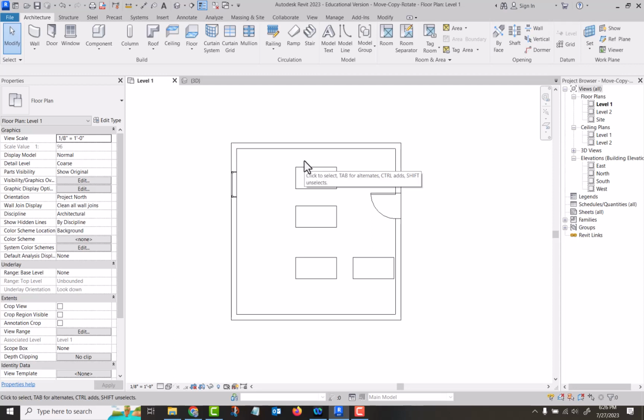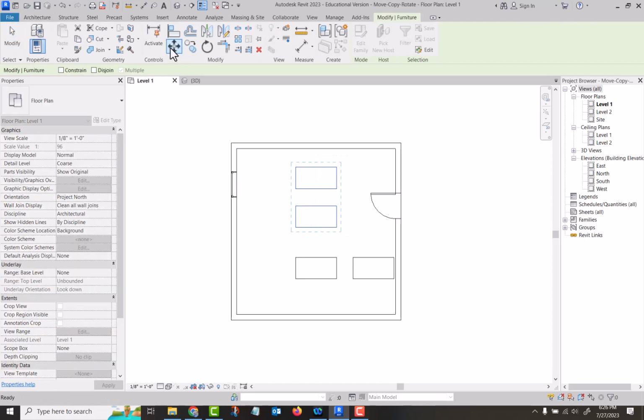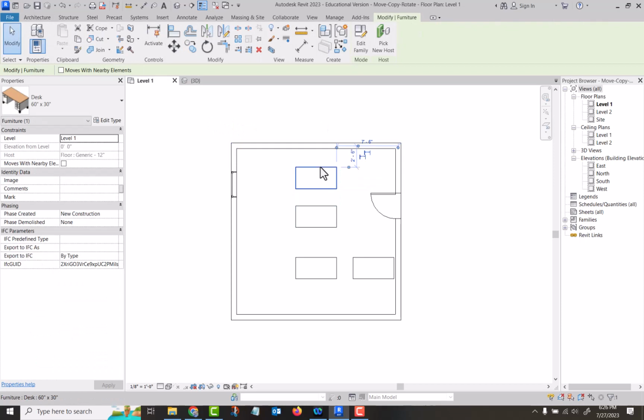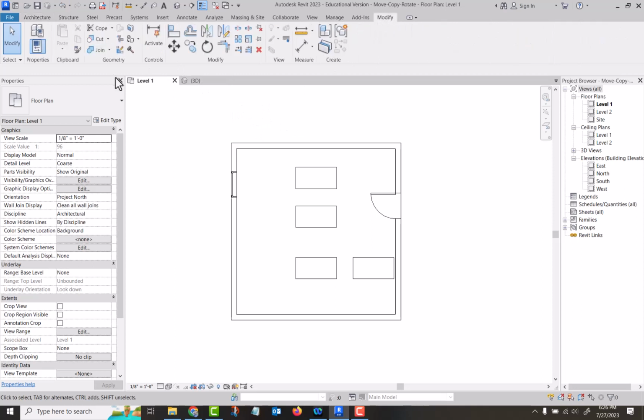If I wanted to, let's say I want to move these two desks, so I could do a bounding box to select both of them and then move them. Okay. Or I could select one, or I could start my move command. I go Modify, Move,